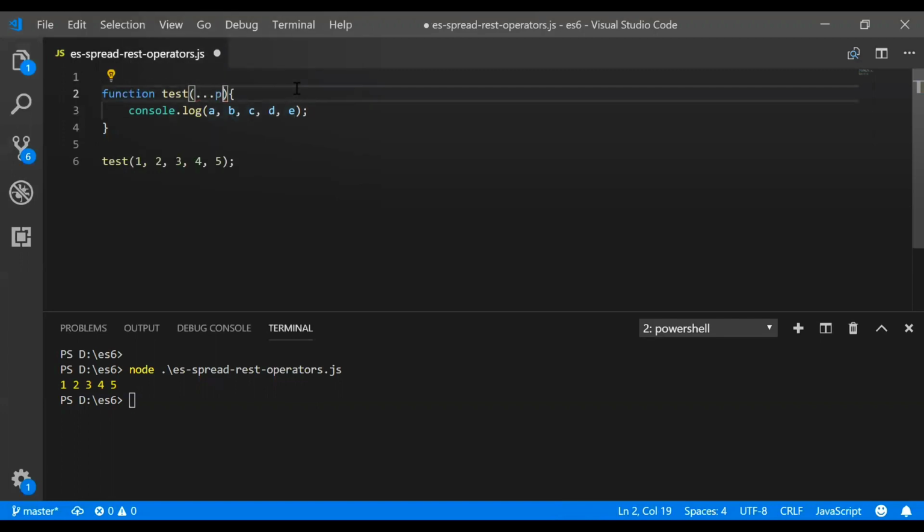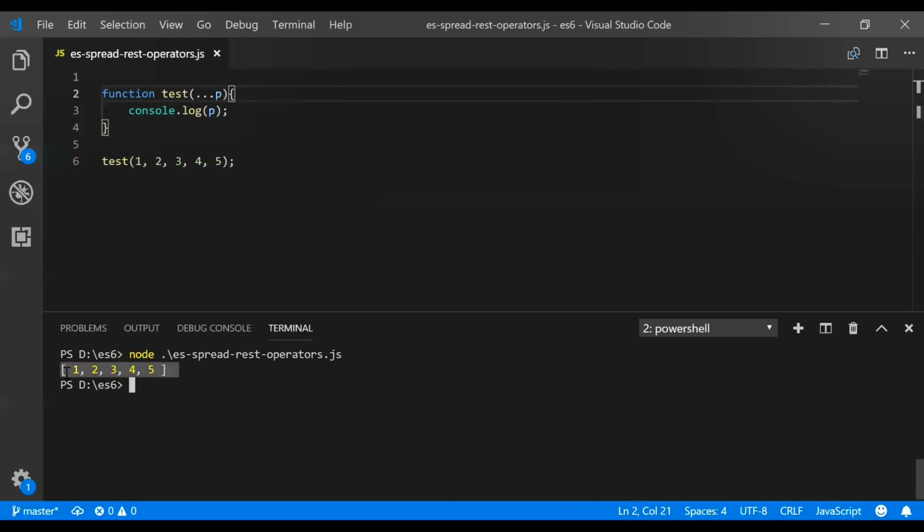Like this. As you already know, I've told you REST will always be many to one. So many parameters, but we are passing one. Here triple dot and p means it will always take all the parameters which we are passing inside test. So let's see the console value for it.